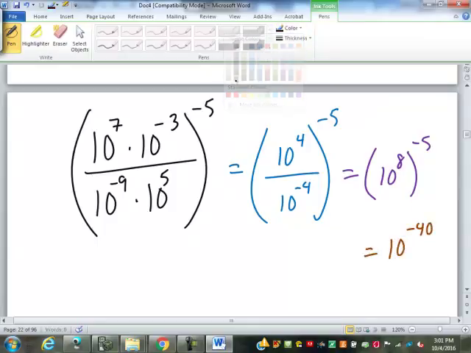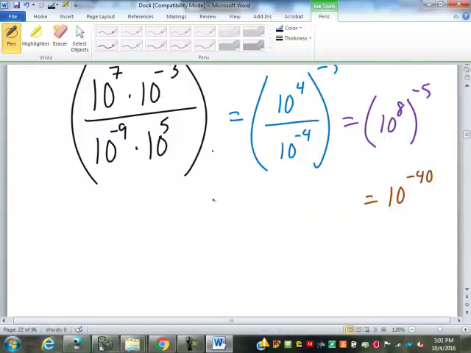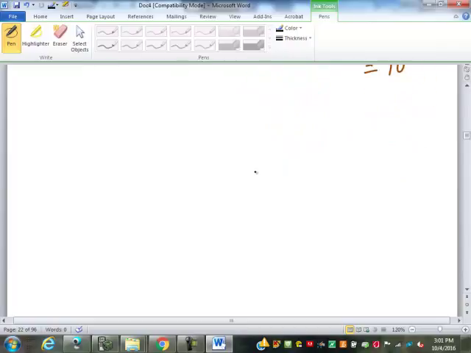Good. Why are we so worried about these powers of 10? Well, if you got into algebra, by the way, you could put x in there where 10 is, and you do the exact same calculation. Combine the powers the same way. We're not going to get into that in this class, just so you know. But if you ever went on to something else, you'd see that. For our purposes, however,